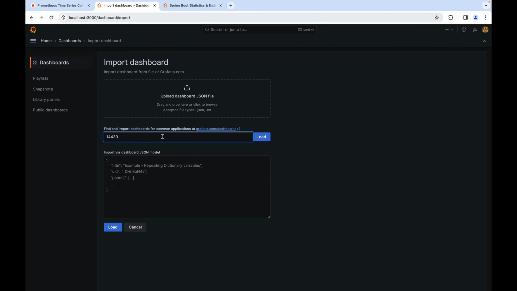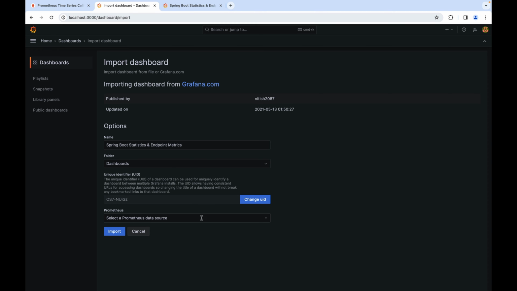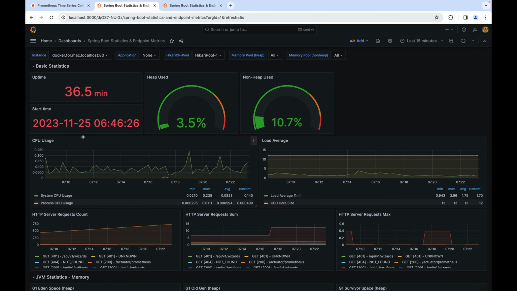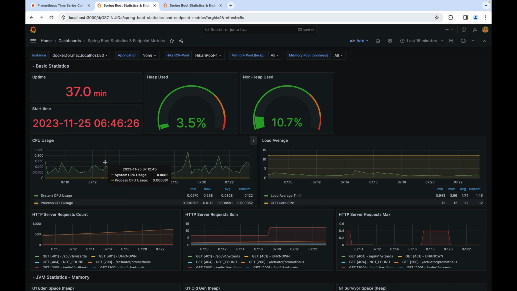Let me paste it here. Load. And select a Prometheus data source. Import. So here we have the basic statistics, the uptime, start time, heap used, non-heap used, CPU usage, and also